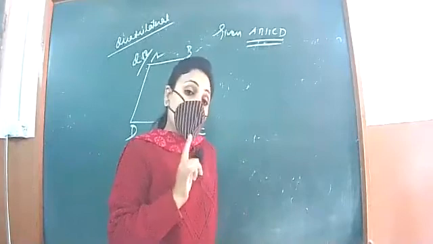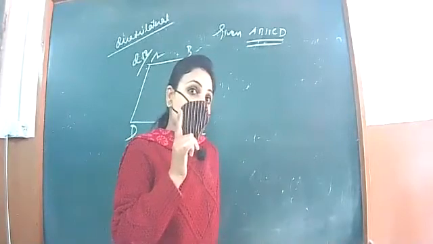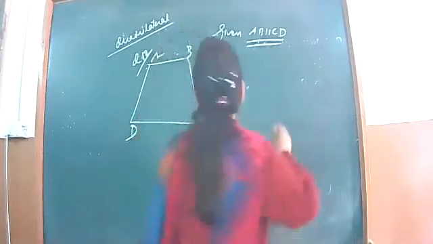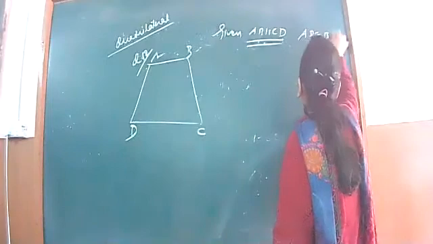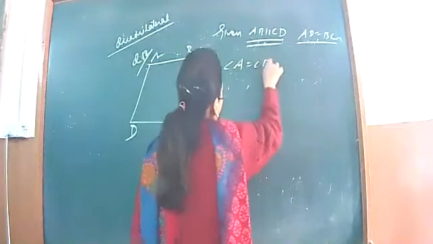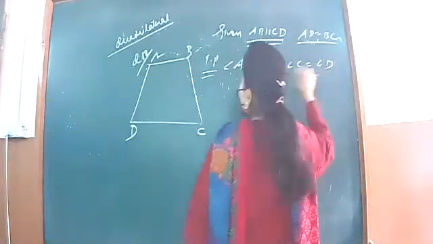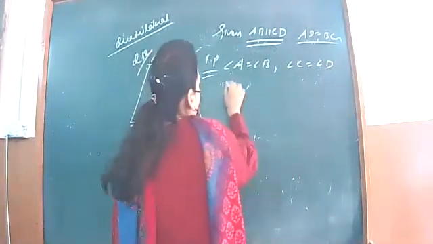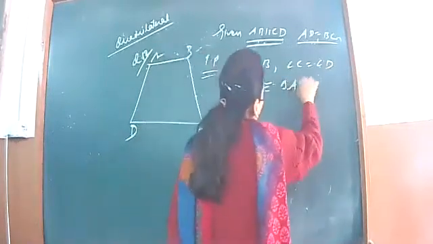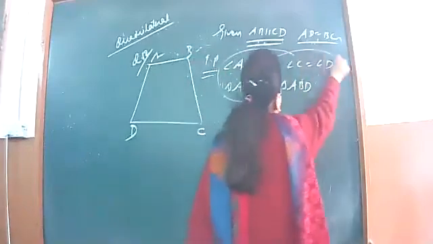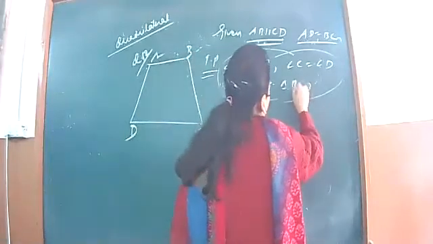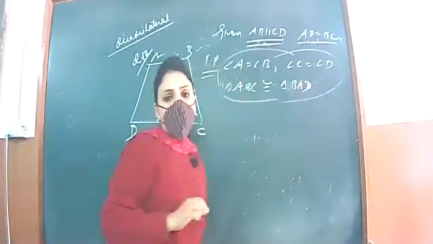And we have done one more question in cyclic quadrilateral, that an isosceles trapezium is always cyclic. We did the proof, right? So we are having AD equal to BC. Three things we want to prove. First is angle A equal to angle B. Second, angle C is equal to angle D. And third, triangle ABC congruent to triangle ABD. This thing we want to prove.